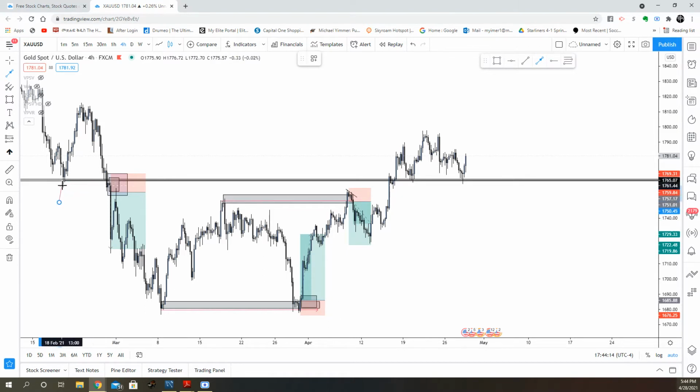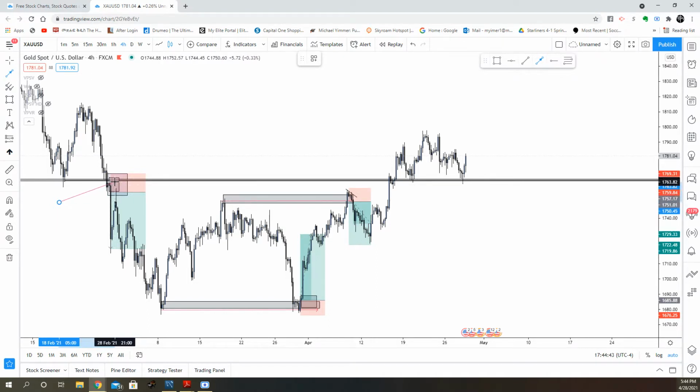We had a push, then a break to my support, and it was a nice strong move. Then I had a retest, but that retest was basically a supply, so you can take it as a retest plus supply, right? Supply being tested. So